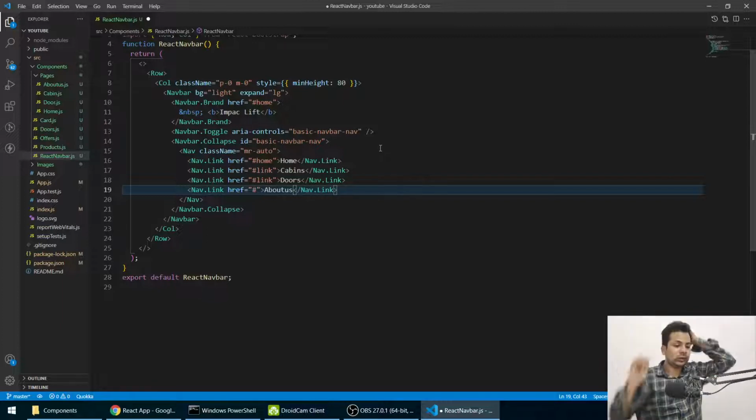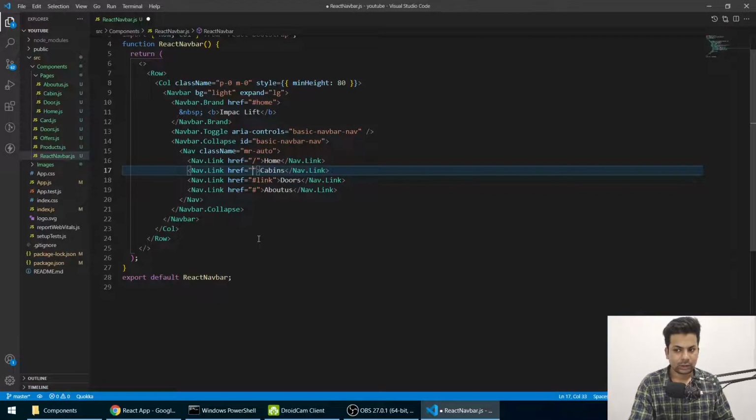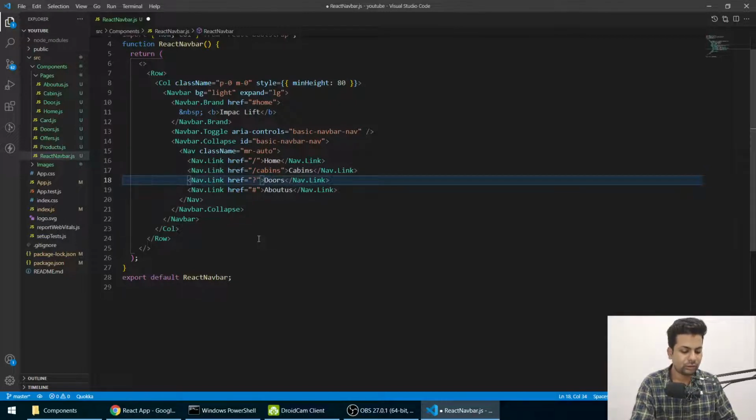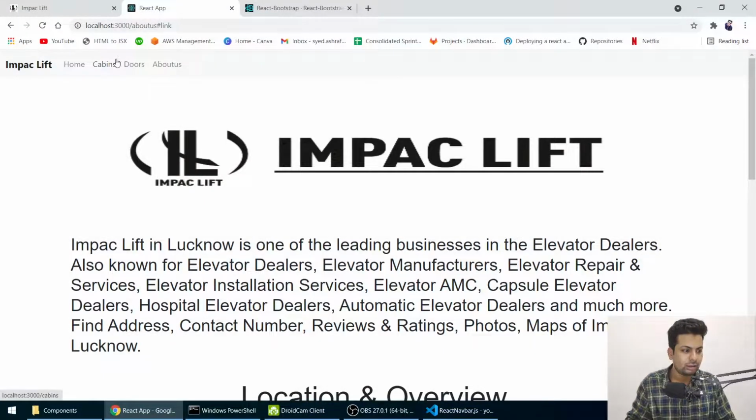Okay, now here I have to give it's on the base, it's on the slash cabin, it's on the slash doors, it's on the slash about us, save it, and see we got everything here.